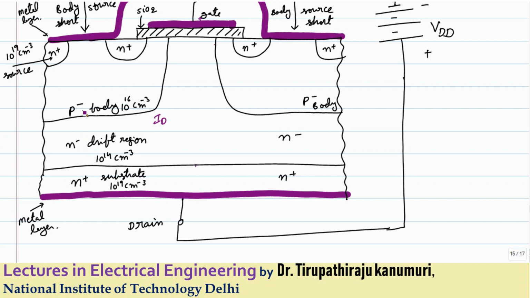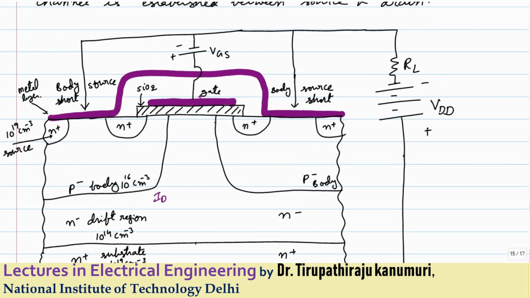Now above this N minus layer, another layer is formed, which is the P minus layer, also called the body layer. Why it is called the body, I am going to explain. Above this layer an N plus layer is formed, which will act as a collector. I am repeating once again: there is an N plus substrate which is heavily doped. On this, a lightly doped N minus layer is formed, above this a lightly doped P layer, and above this a heavily doped N plus layer. This P minus layer is called the body, and you can see it is short circuited with the collector terminals using metals. So let us proceed further.